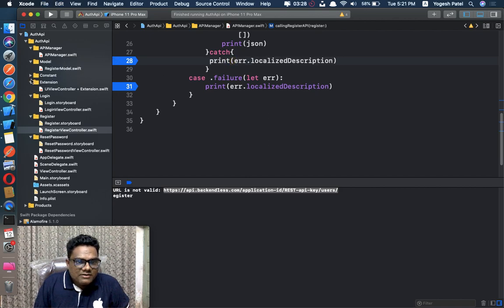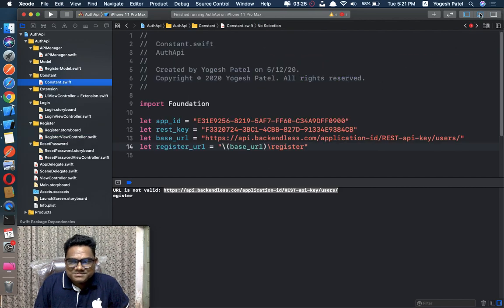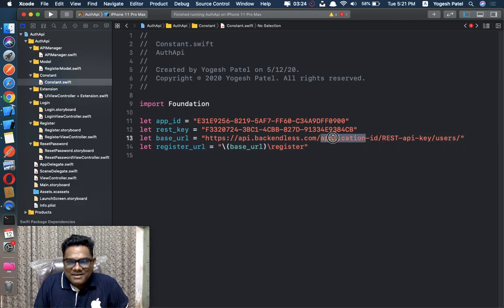Go to the constant file. I haven't registered the application for the REST API, so that's why it's showing the error. I just need to pass our app ID here and the REST key.